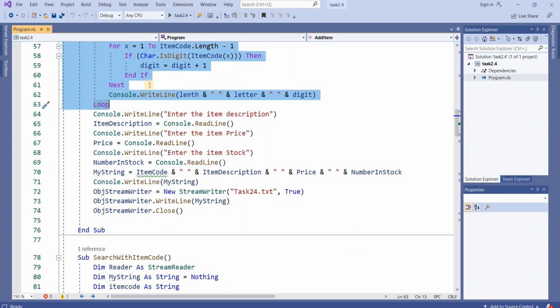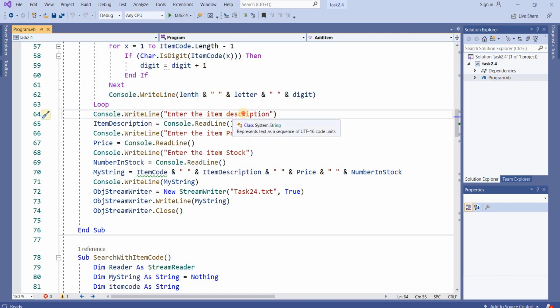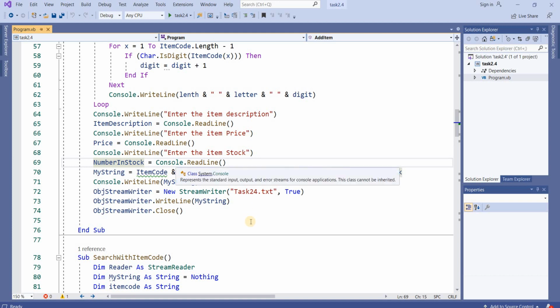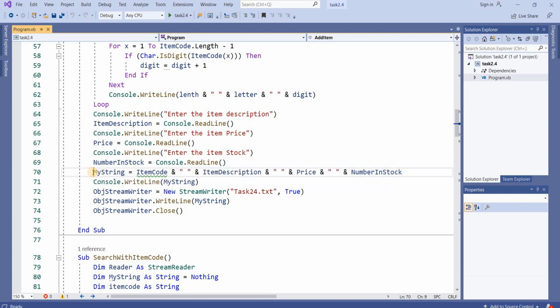After this, now my item code is appropriate, and then I enter the item description. The item description will be stored into item description, then it will get the price, then the number in stock.